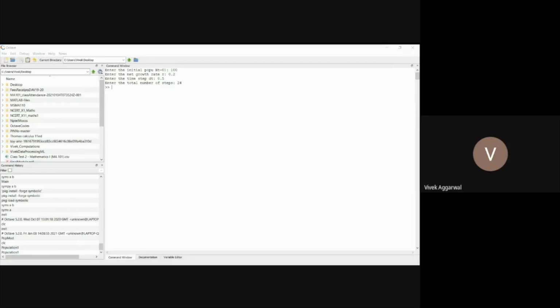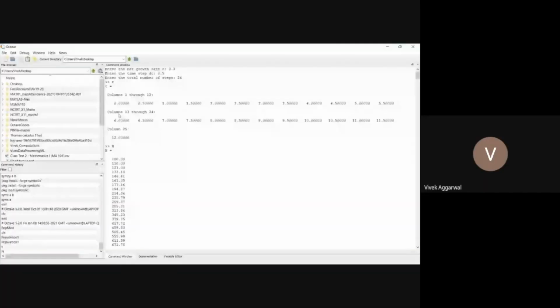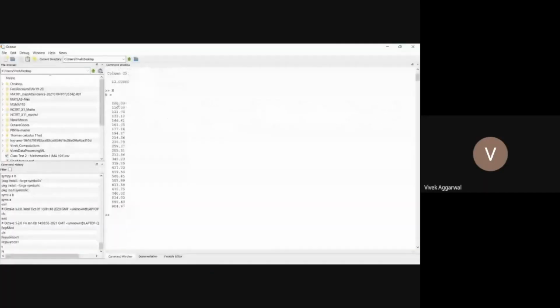If I want to see what is the value of t, I just can put p here and then n here. So this is the way. T is going from 0 to 12, and n is the population starting from 100 to 984. So it is going up to 984.